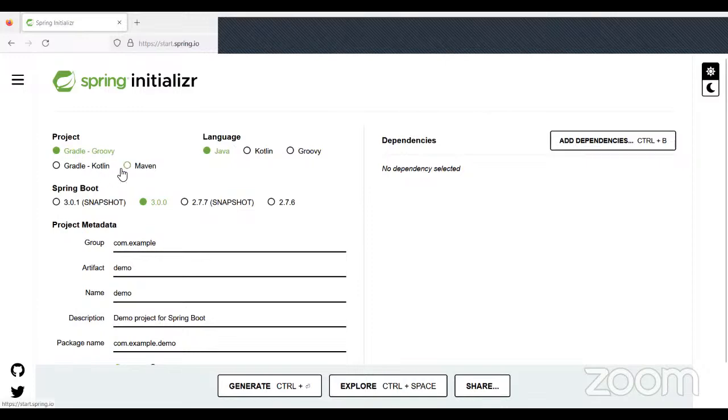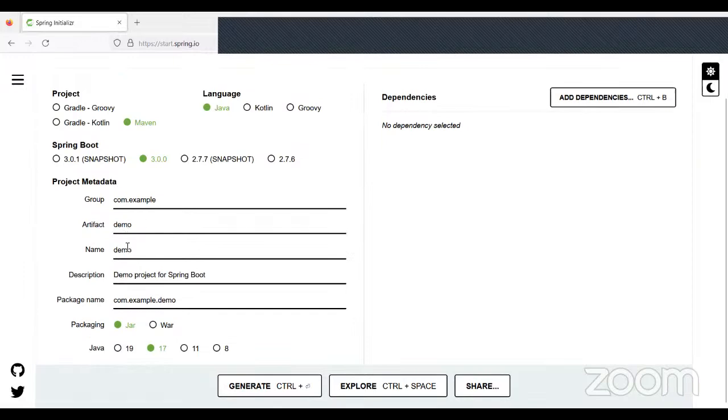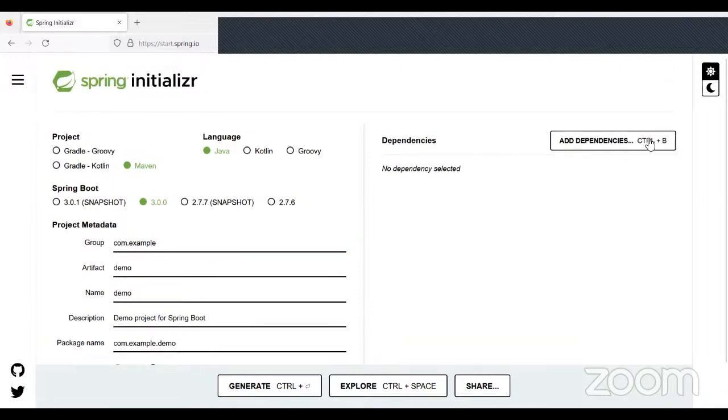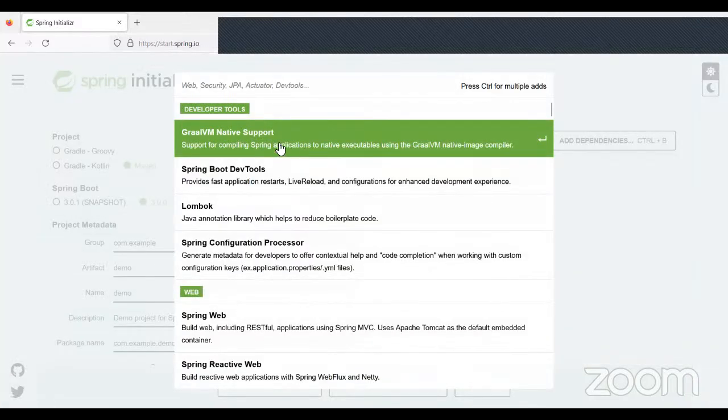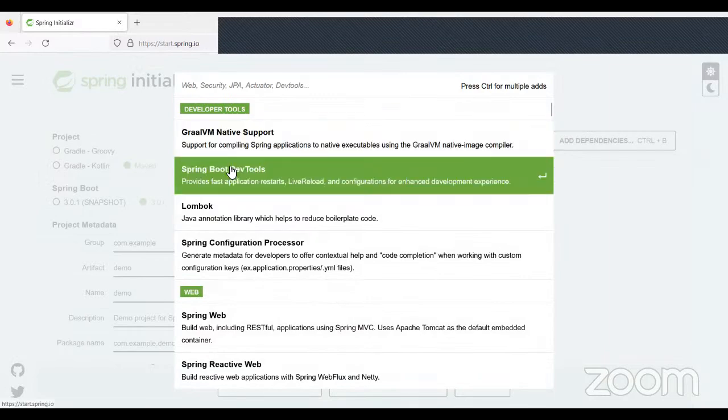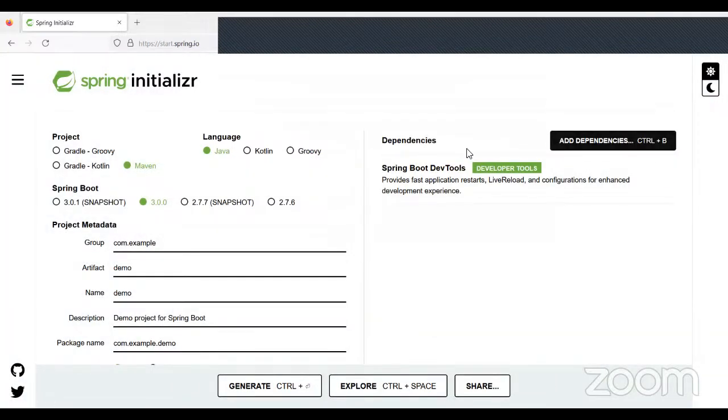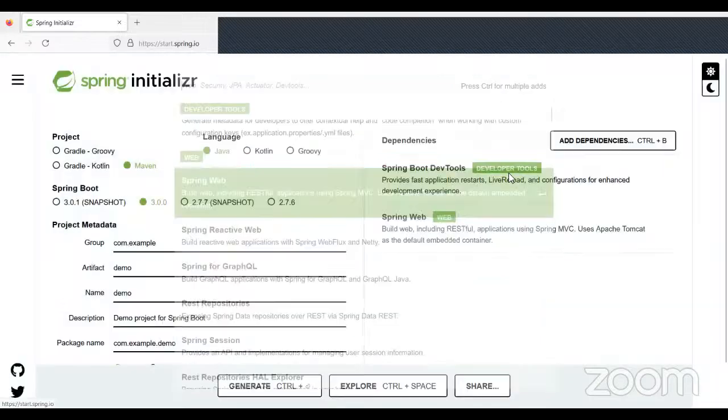So here, this is Java. I chose Maven, so we can take this artifact name and so on and so forth. I have chosen the jar file. Now I'm going to add these dependencies: Spring Boot, just for your reference, Spring Web,